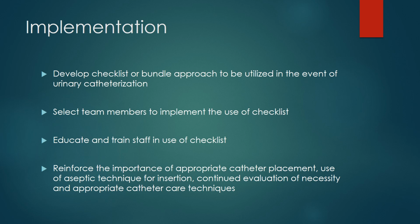To implement this evidence-based practice, we would need to develop a checklist or bundle approach to use for urinary catheterization. Find team members that would be able to implement and oversee the use of the bundle approach. Educate and train staff in the use of our new approach or checklist. And also, it's important to reinforce appropriate catheter placement, use of aseptic technique, and using sterile supplies,